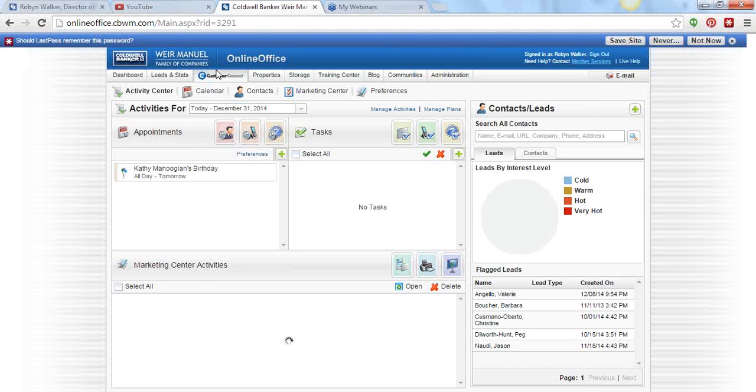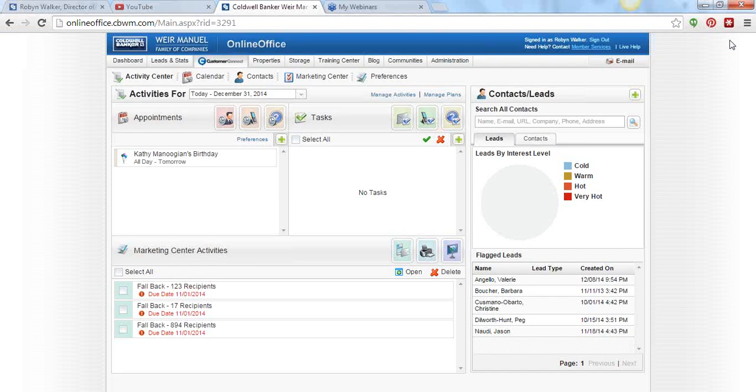So there's a few ways to do this. I'm going to show you the way in which you would be able to send this newsletter out to everyone in your database. So why would you want to send this newsletter out to everyone in your database? Well, I think a better question is, why would you not want to? So the way that I like to send the newsletters out is I actually go to Contacts,